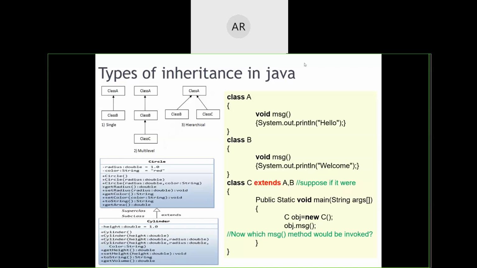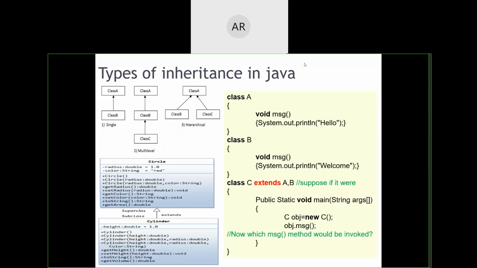What was multipath inheritance? Hierarchical inheritance plus multiple inheritance. So this multiple inheritance was creating two more types of inheritances for us: hybrid inheritance and multipath inheritance. So Java says no need for multiple inheritance.